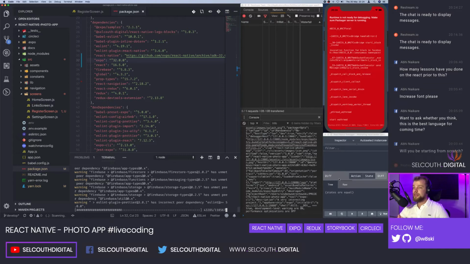to understand. So the question shouldn't be how many lessons have I done to learn React. The question should be if you know enough JavaScript to use it together with React, because this is where it actually lies. It's all about JavaScript. So if you don't know JavaScript, you should be learning the fundamentals of JavaScript first, because if you are going